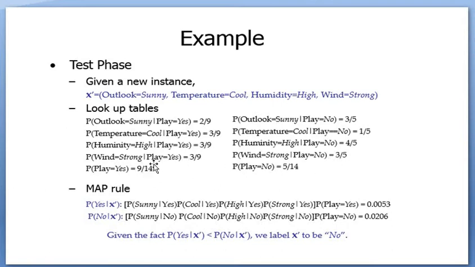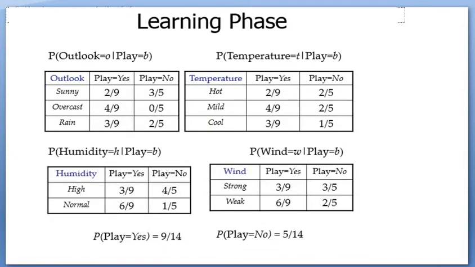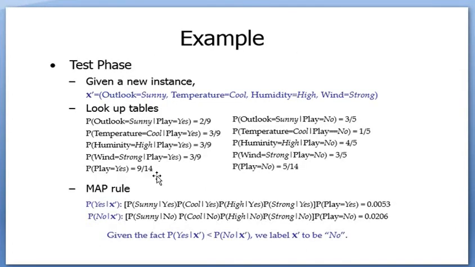Then what is its value? This value is nothing but the total yes. Out of the 14 data set, how many total yes are there? I have written here already, 9 out of 14, 9 yes are there. So I have written 9 by 14. And similarly you write how many no's there are from the total data set, that is 5 by 14.